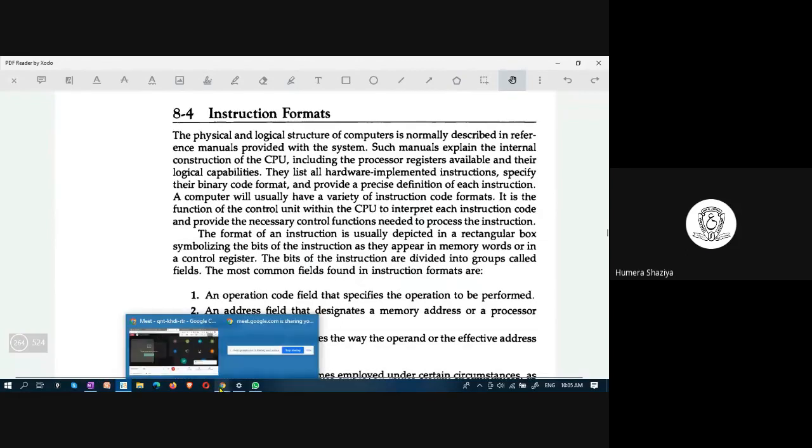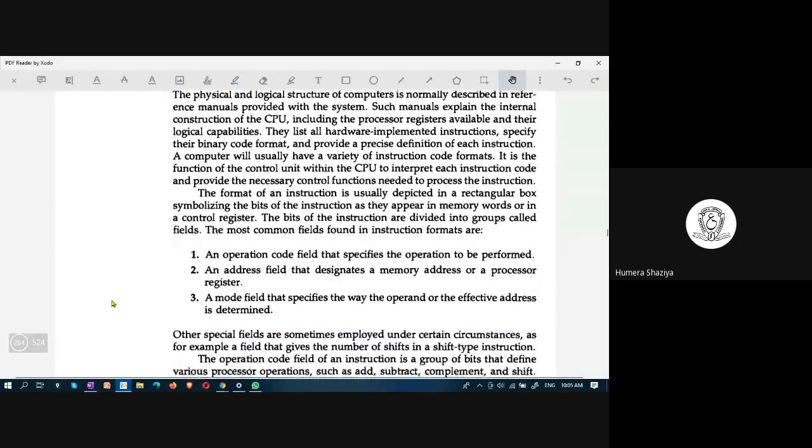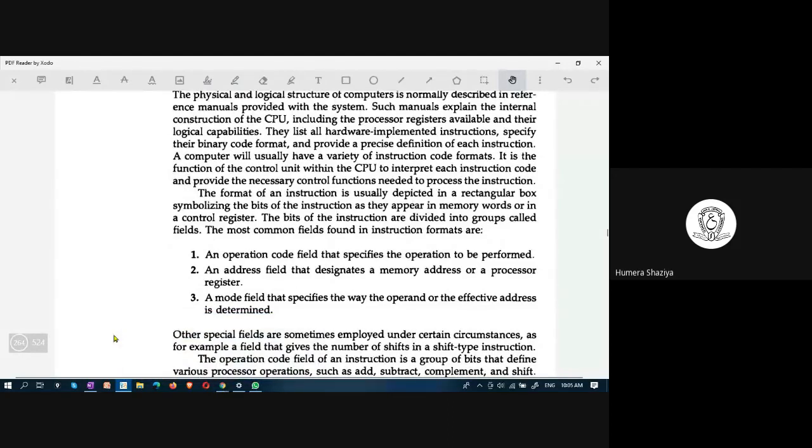Good morning, students. The topic of today's discussion is instruction formats. We already studied what an instruction is, what are the fields